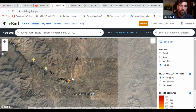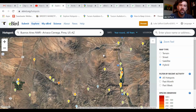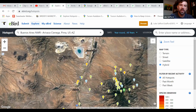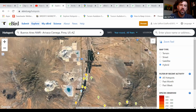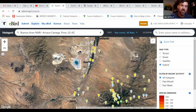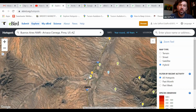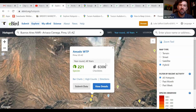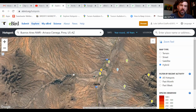I'm going to scroll back so you can see this in its entirety. Over here, you have Green Valley. Most people know where Green Valley is at. Tucson's up further. You drive down the interstate, and you take this Amato exit. When you take the Amato exit, you might as well just go over to the other side real quick and go over to this Amato wastewater treatment plant. See if there's anything rare there. And then you take this